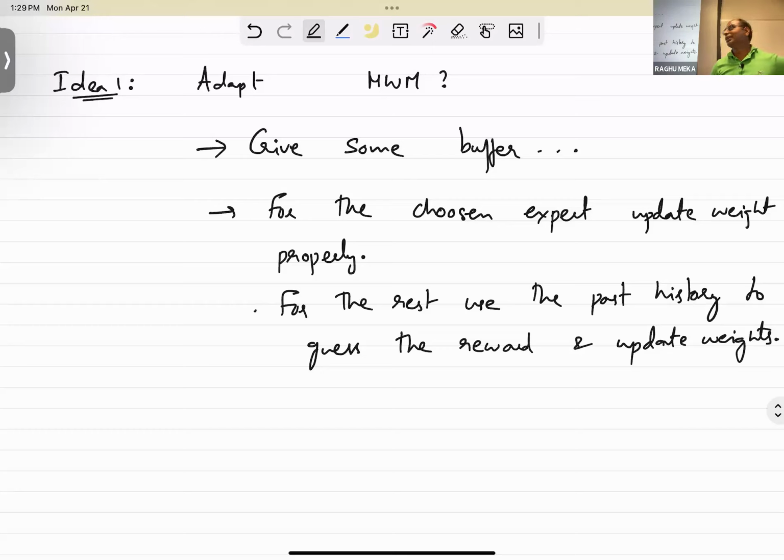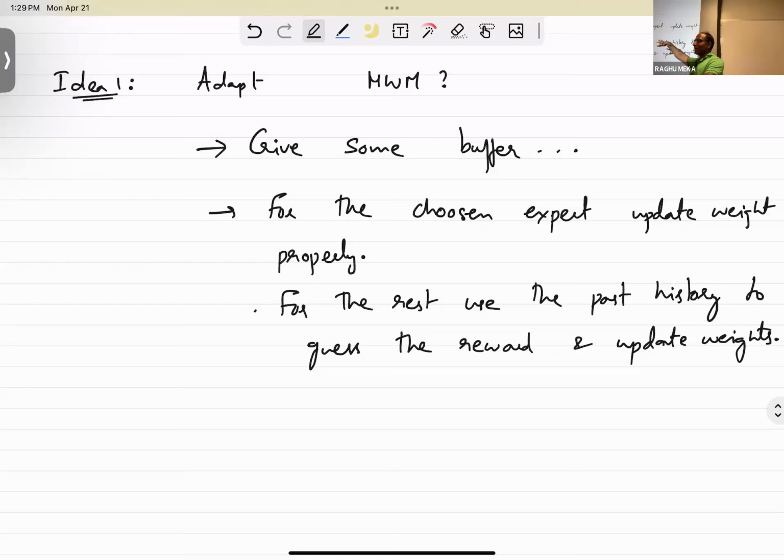Okay. It can work. You have to address other issues like, here we're not assuming that the rewards are bounded. So the rewards need not be between 0 and 1. What if the loss is like 1,000? Now you have to take that into account a little bit, maybe just scale values in some way and make them all bounded and so on and so forth. But you can also get a slippery slope in the sense that if I'm using the past to guess the reward, if I make a mistake the first day, then that can amplify,